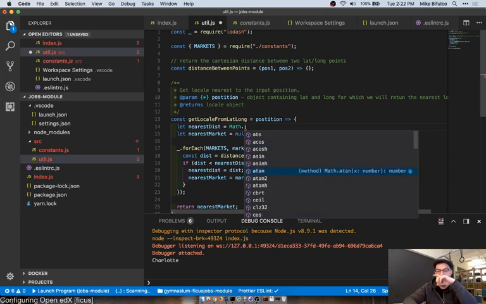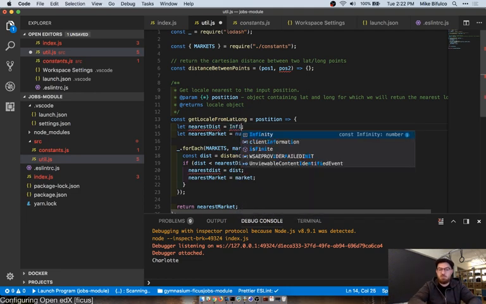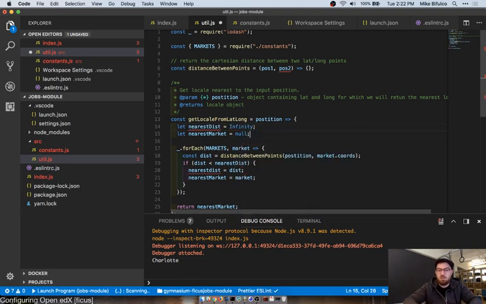There was an infinity in JavaScript. Maybe not. There we go. Yes, great.